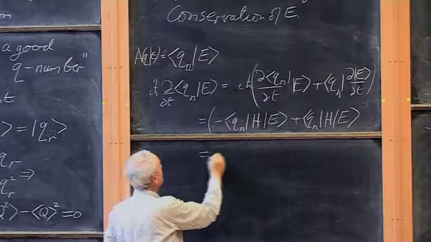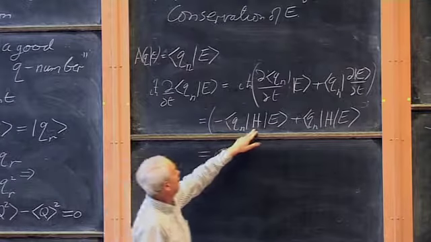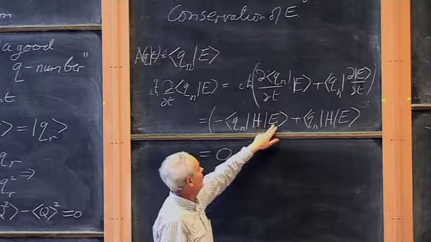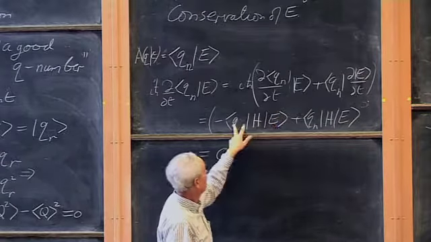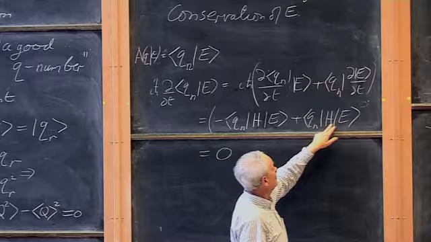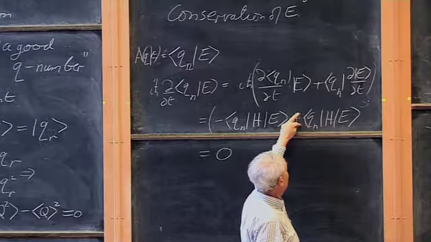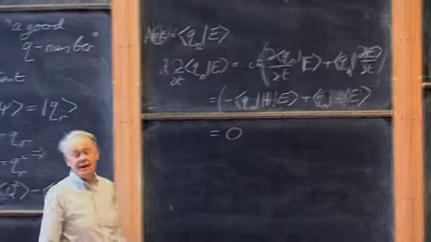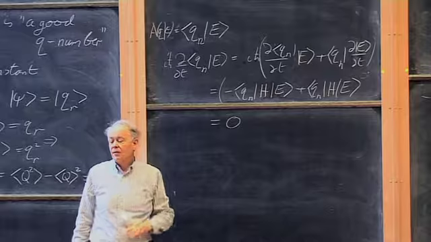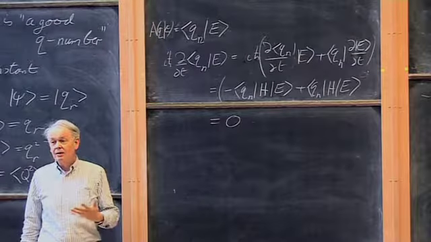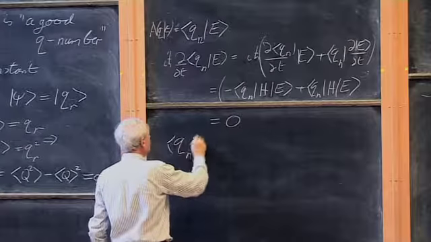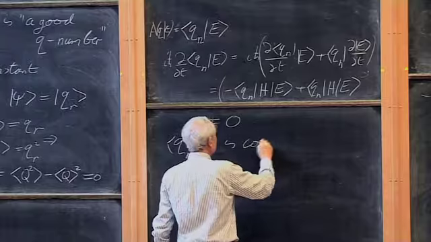And this is nothing very much, right? Because H works on the ket E to produce E, because that's an eigenstate of H. E times the ket E bangs into this, produces minus E times Q and E. And this H produces an E, and so we get a plus E times Q and E. So these two terms cancel. So we've discovered that the rate of change of the amplitude to have the value Qn is constant. The rate of change vanishes. This amplitude Qn E is constant